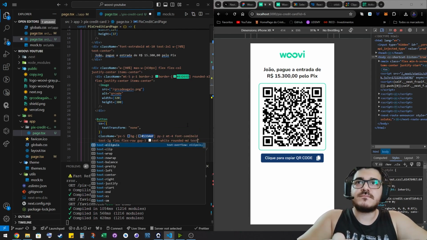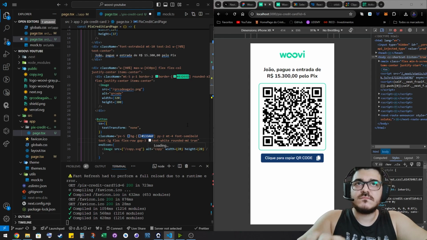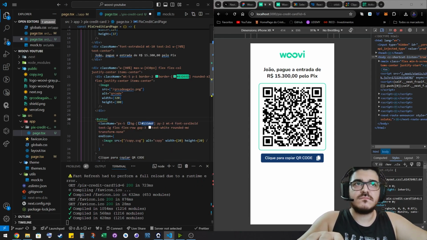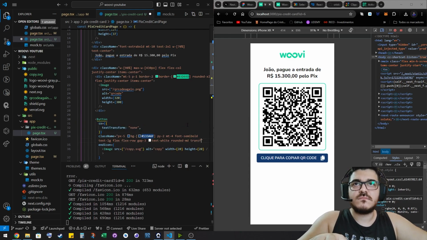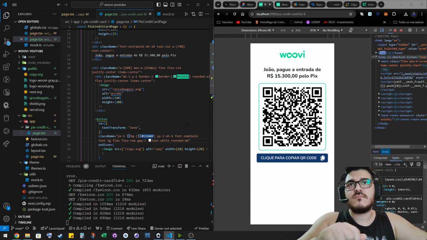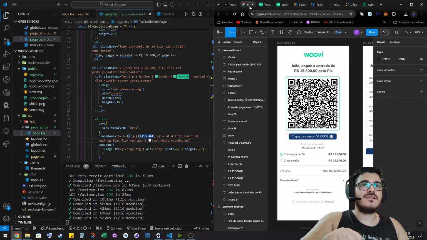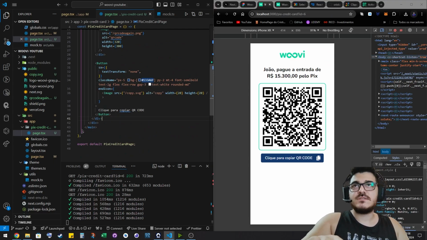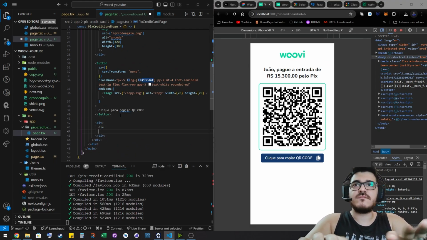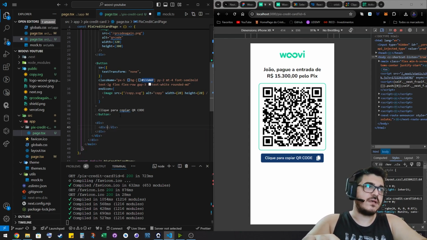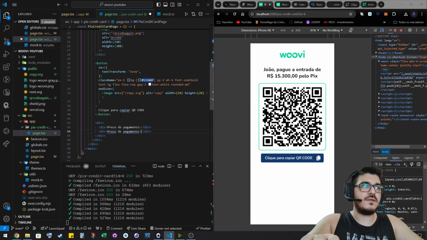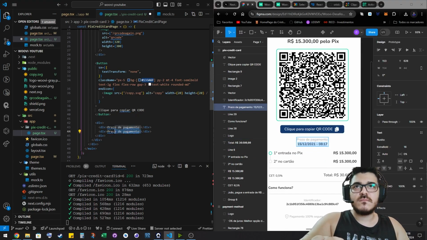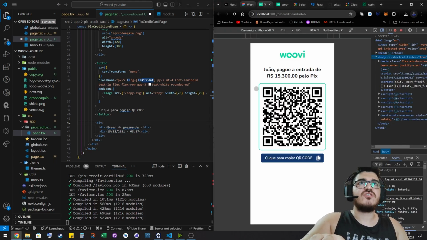Let me see something else. Hmm, I have to do like this one. Okay, that's it. It's working. And okay, let's go to the next step, that is these two texts right here. Simple as it should be. Just below the button, we have a div, and inside this div we have a div that is going to have the prazo de pagamento, and another div that is going to have the time. Let me just copy. There we go. Now we have to change the color of the text to look alike,